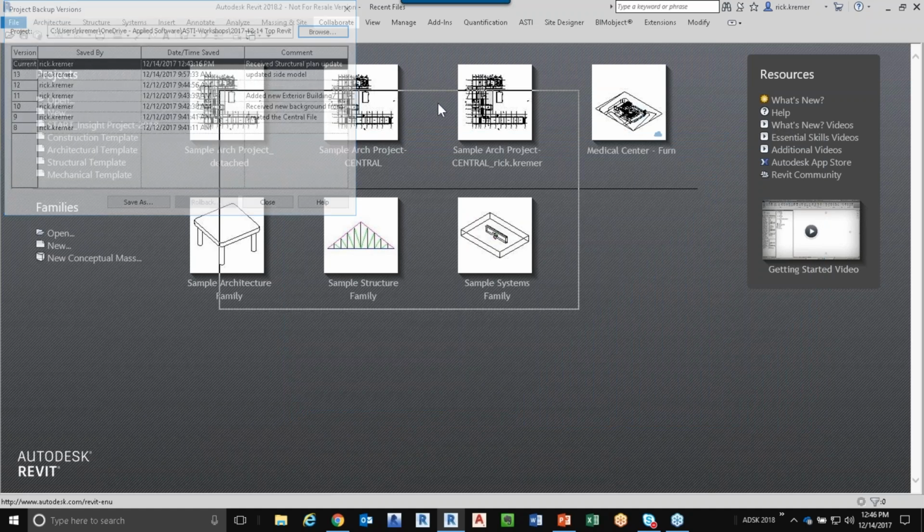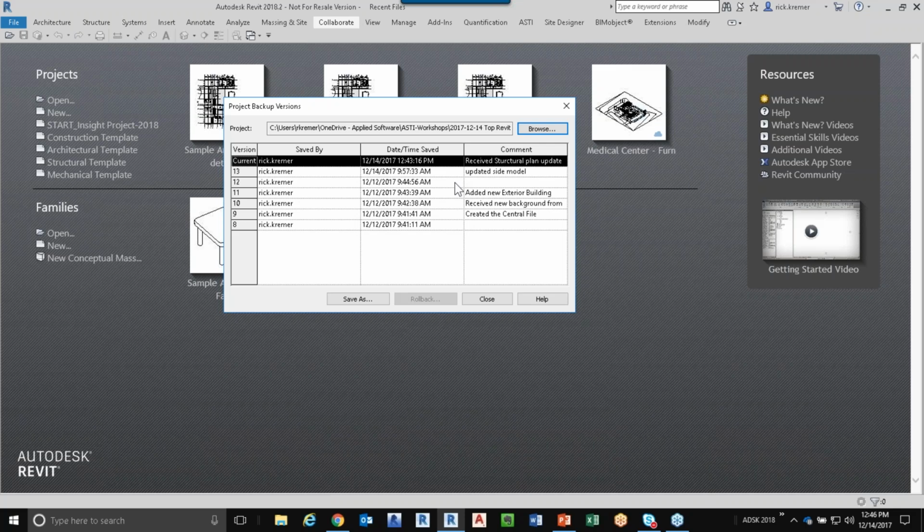When we do that, you'll get a dialog box that shows all of the backups. And check it out. Here is where all those comments are. Everyone usually leaves them blank. Now I have a record of what was done and by whom. At this point, the one individual that's responsible for looking for the file that is not corrupt, what I would